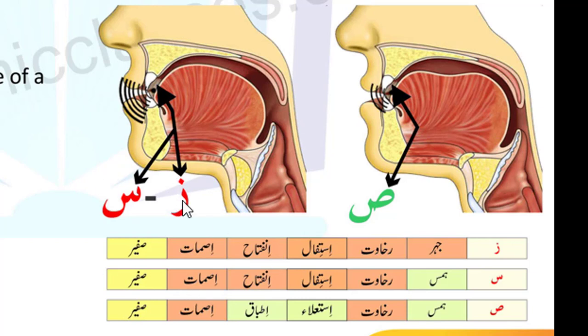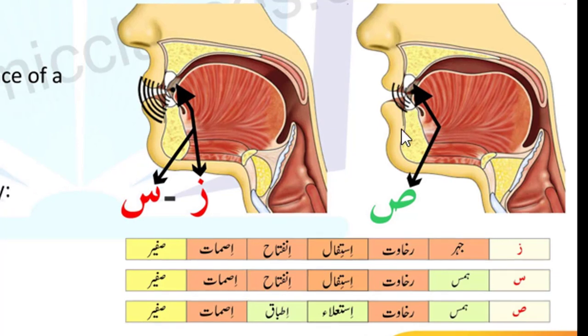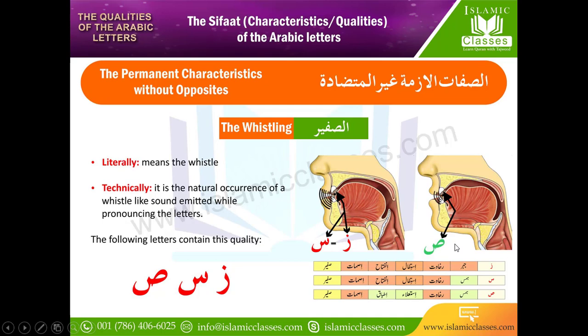So we say the za, as, and you also pay attention to the makharij and the sound of safir. Safir is basically what we are reading here. So all these 3 letters have the safir quality. As, as, as, aus, aus. Right? I hope you understand this difference between these 3 letters.